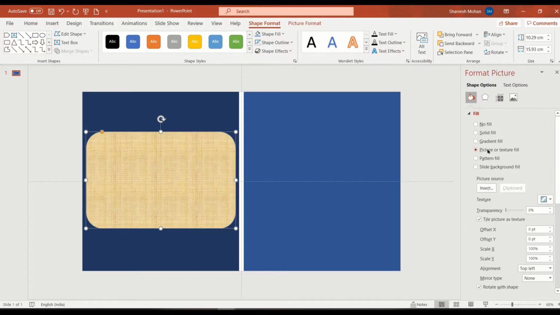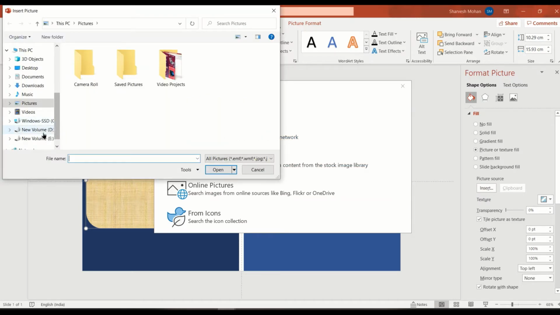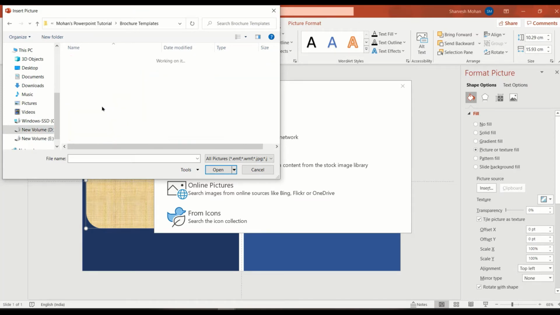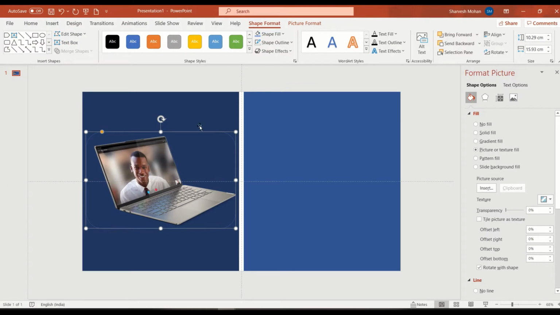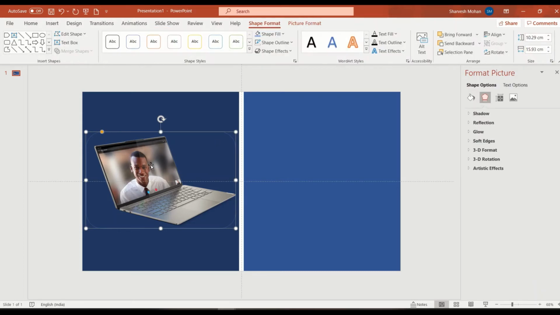We'll go to Picture or Texture fill and insert the picture which I already downloaded. So we have just inserted it here. This same picture can be replaced for future use. We'll give it no outline.